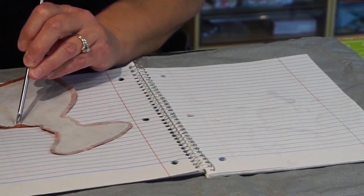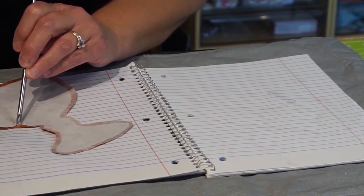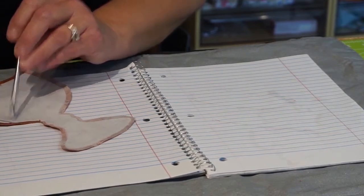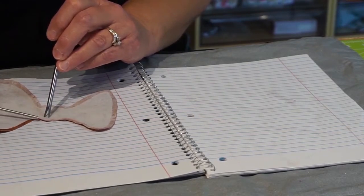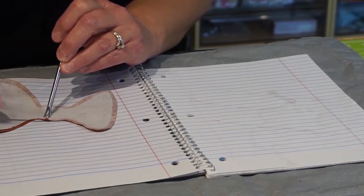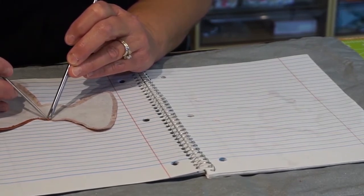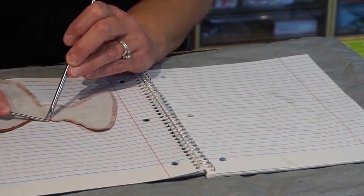Okay, so. And this is a good spot if you have an area that's kind of being difficult, you can swap to your tip. Okay, now we're going to turn and see how that just lays so nice. Need that little tip a little bit here. When you're getting into the tight areas like this, these points are wonderful. And then